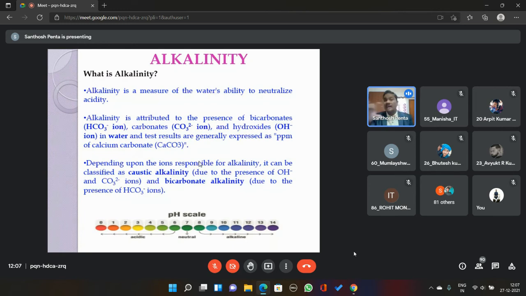Now I am switching over to another topic. The topic is alkalinity. Here, what is the definition of alkalinity? The straightforward definition is, first you remember what I am saying. Don't get confused. You may write down small notes, then at the end go through the PPT, and then you can understand thoroughly. Alkalinity means the capacity of water sample to neutralize the acid. Once again, the ability of water sample to neutralize the acid.